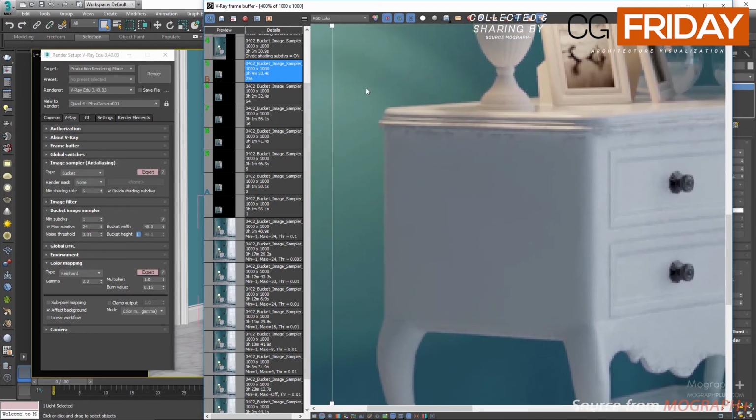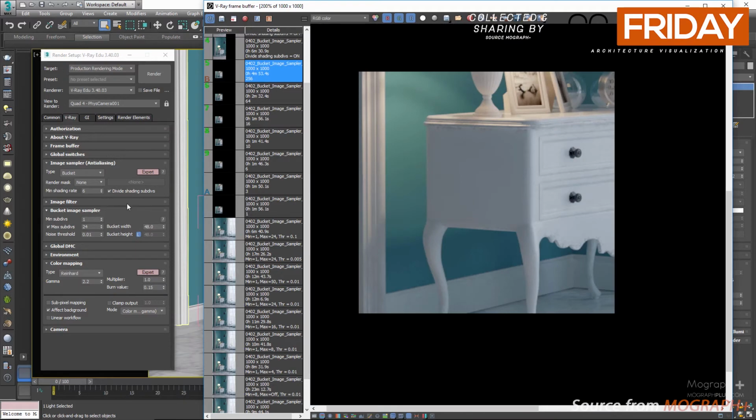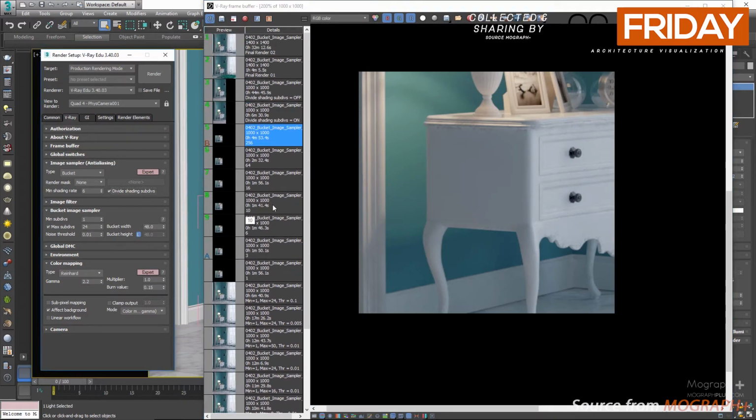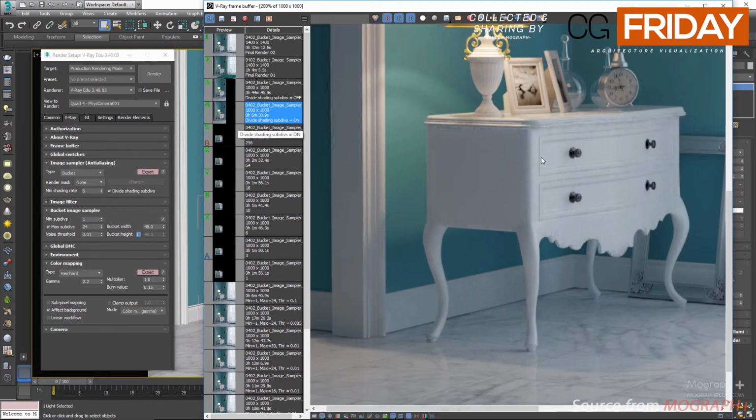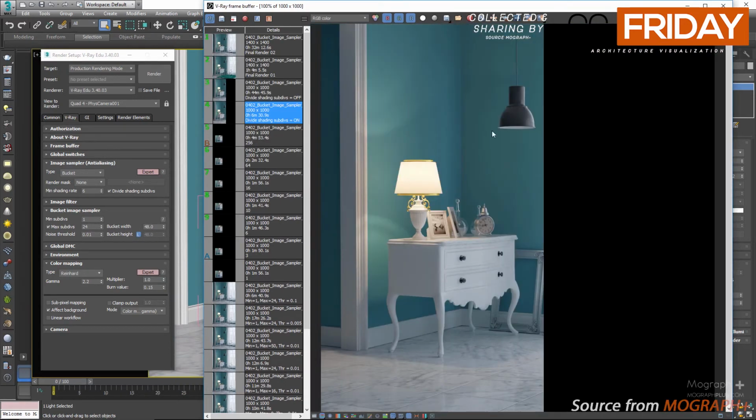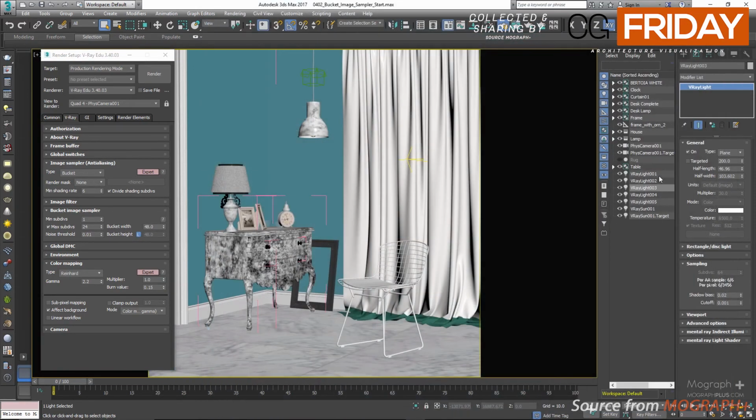Next, we have divide shading subdivs. Shading subdivs here is the subdivs for lights, materials, GI, etc. Earlier in this lesson, you remember I saying that the image samples and shading samples work together. The way they relate to each other is like this. Let's select the light number 3, and as you can see in its sampling rollout, its grayed out subdivision is